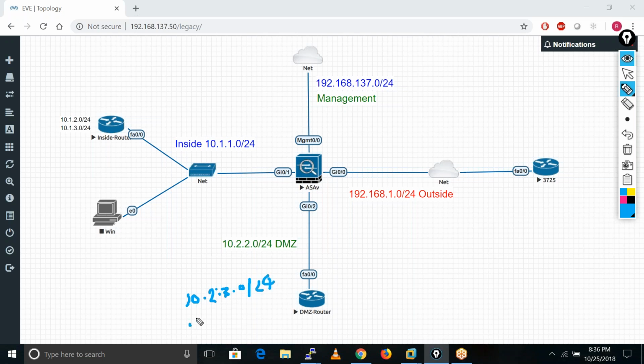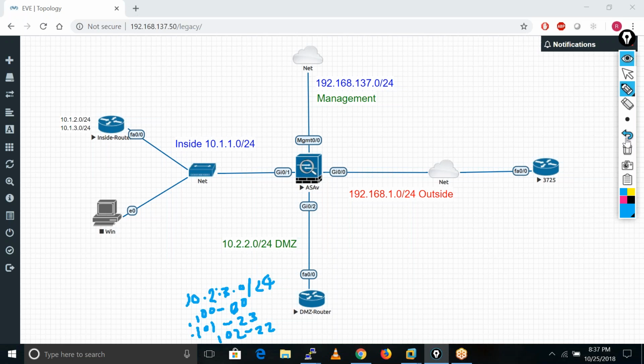I am running the web service on IP address 10.2.3.100, on port 80. I am also running the telnet service on this IP address 101, and I am running the SSH service on IP address 102, and the port number is 22. Let's suppose we have this kind of scenario now.